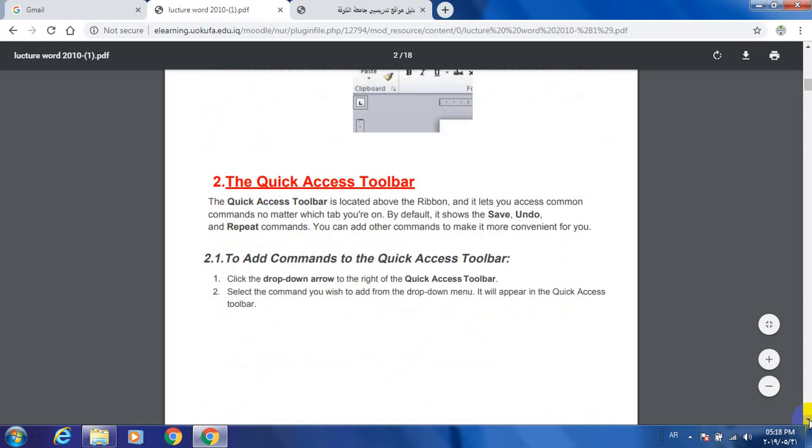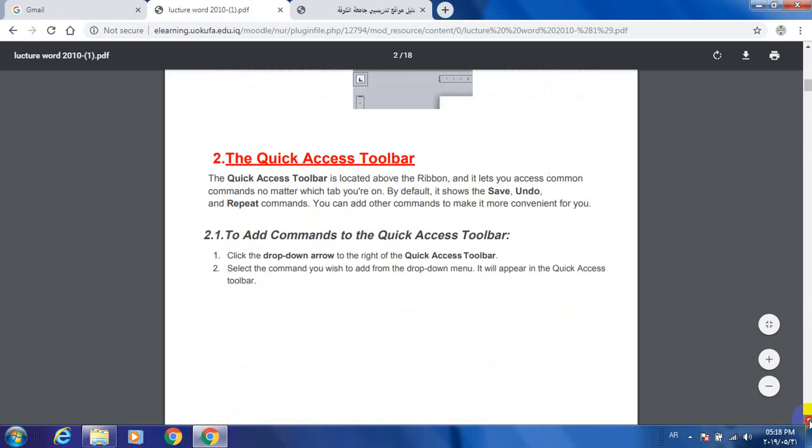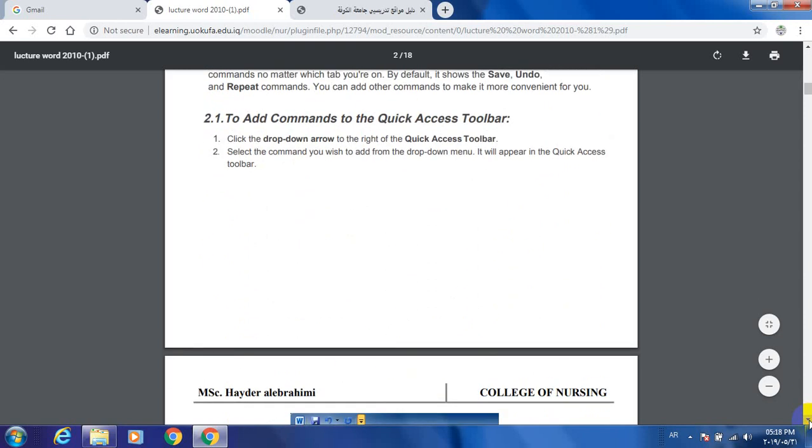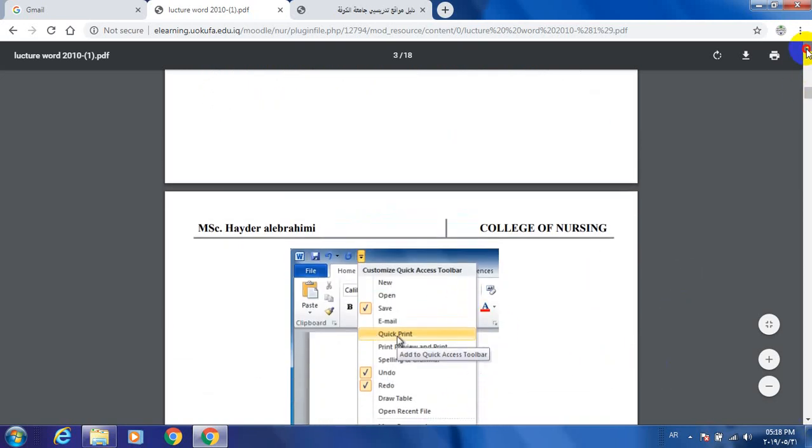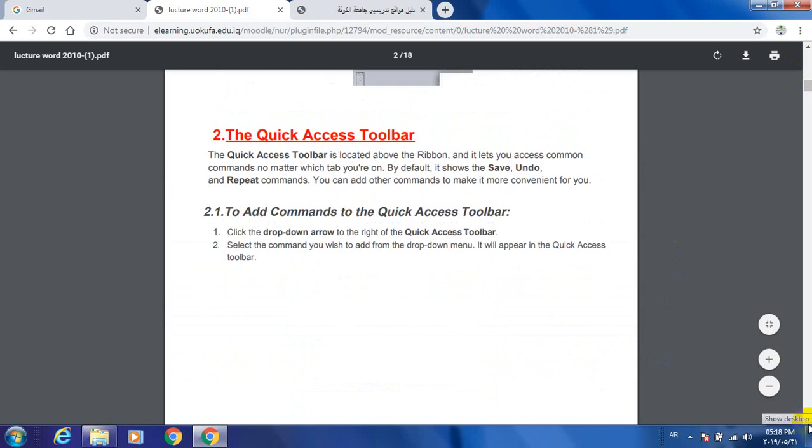Add commands to the quick access toolbar. 1. Click the drop down arrow to the right of the quick access toolbar and select the command you wish to add from the drop down menu. It will appear in the quick access toolbar. Okay. Now,